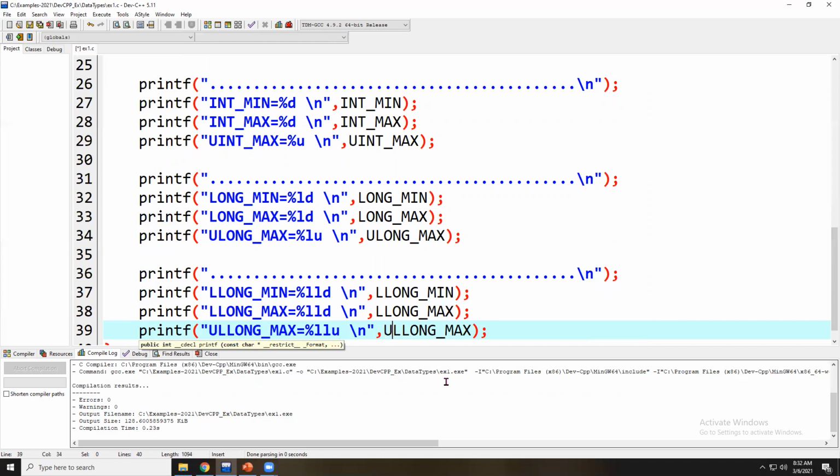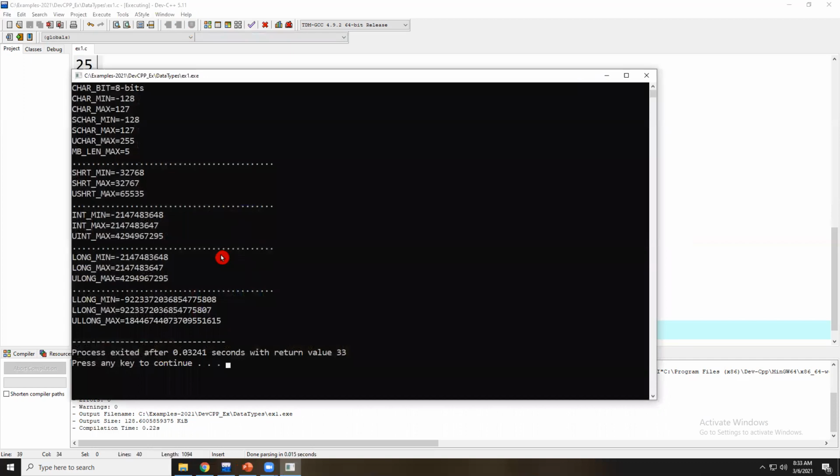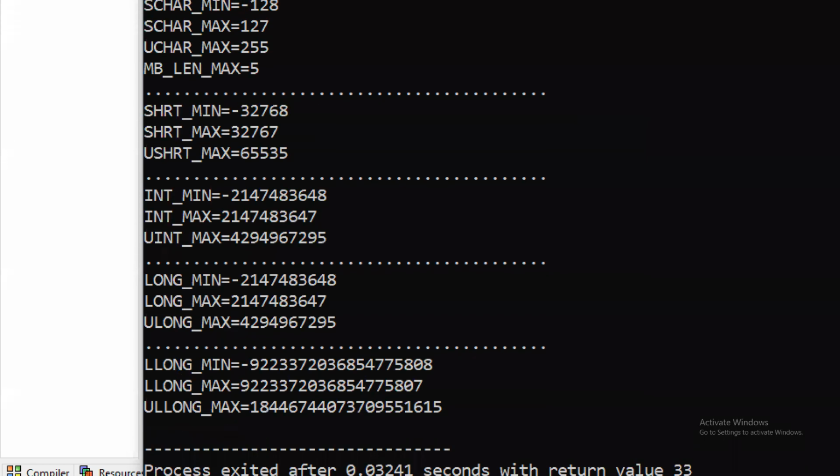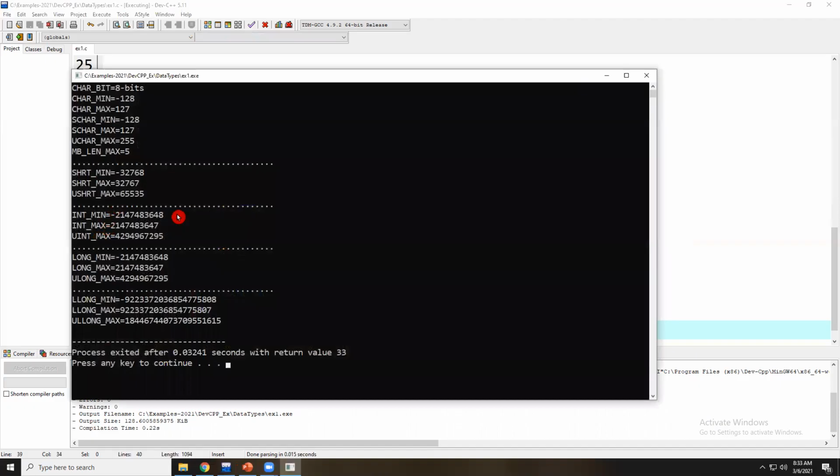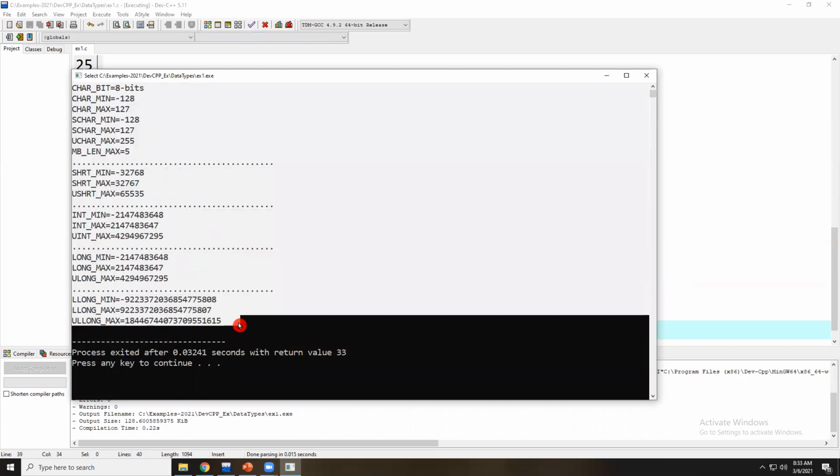The constant name is ULLONG_MAX. Recompile this application and rerun it. Observe the output. Yes, we got the exact output we discussed in the table: 18446744073709551615.